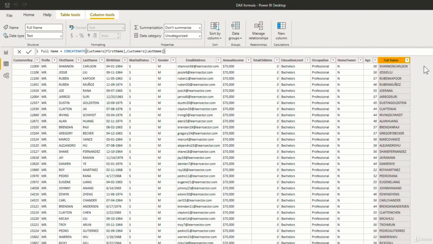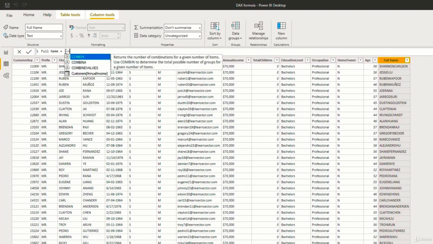So instead of using this, a better option to combine multiple strings is to use the combine values function. Let us see how that works. I'll be making changes to the same calculated column, so I'll remove this and use combine values. Select this. The first argument it is asking for is the delimiter. A delimiter is any character with which you want to separate each input string. In this case, the delimiter I'll be using is space. So within double quotation marks, I'll add a space,